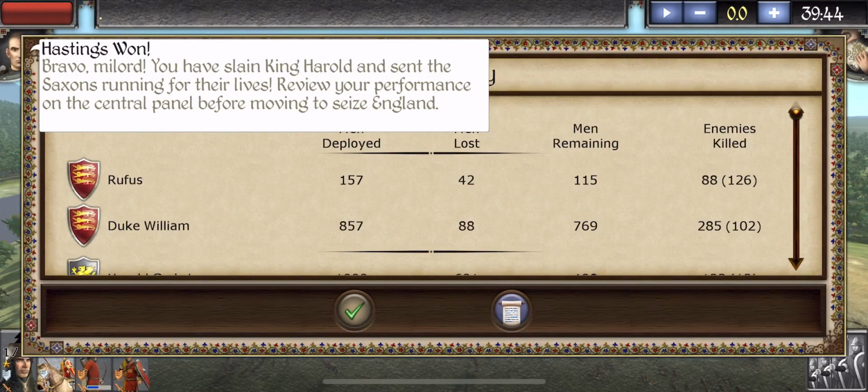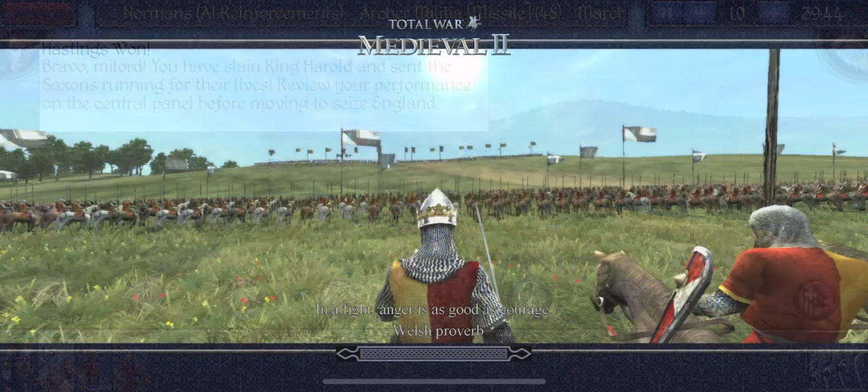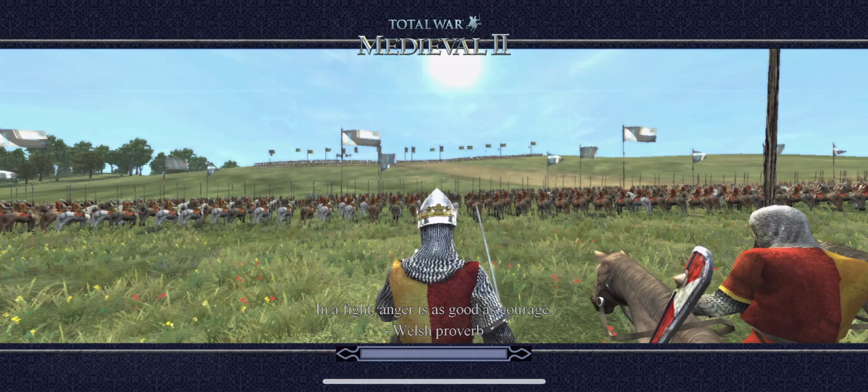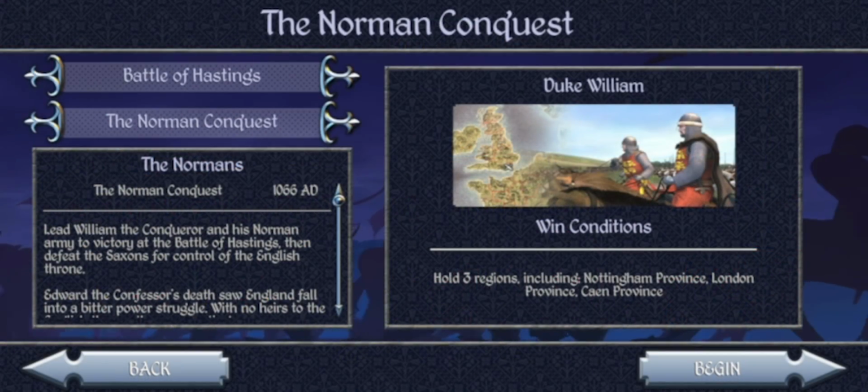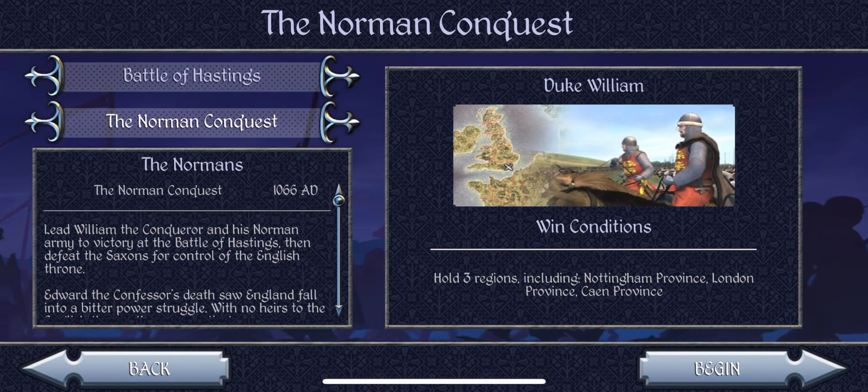It's so crazy to play this on a phone, man. When did this come out? 2008? I couldn't even imagine. No, it was like 2006. I just can't even imagine this in 2006 being on a phone, with hundreds of guys on the screen like this. It's just nuts. All right, so we're going to do the actual Norman Conquest now, where you work your way across the land,